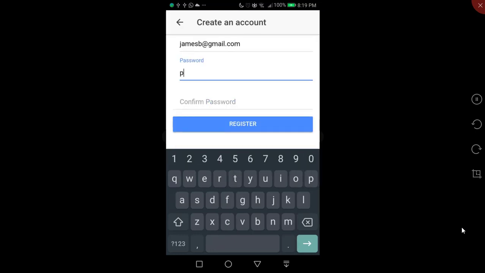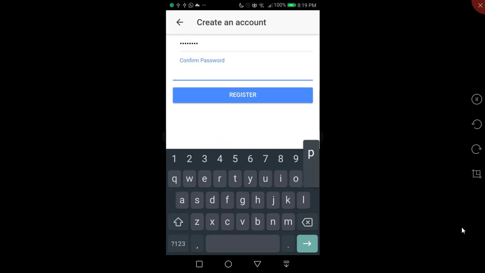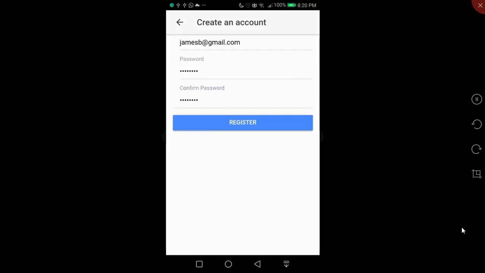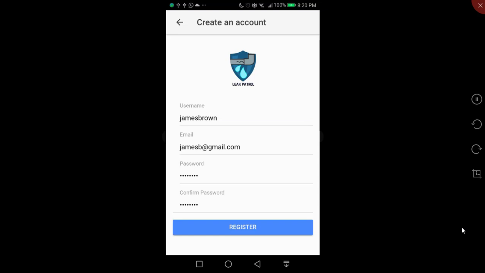I'm going to put a simple password. Now, mind you, the system is set up in a way that it will validate the email structure and the passwords as well. Alright, so when the user registers,